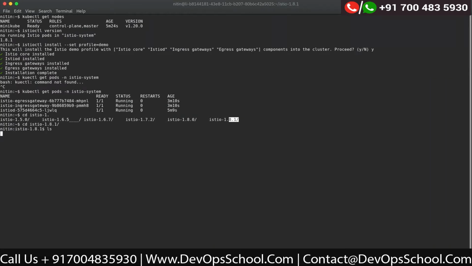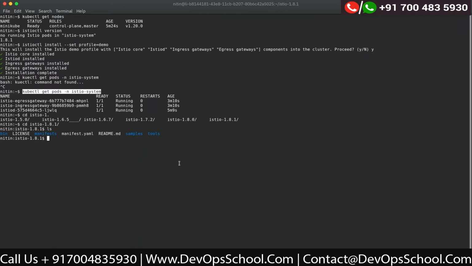These will be the directories under it. There will be a bin folder, manifest, samples. Under samples, you will find all the add-ons plus some examples. Under manifests, you will find the Helm charts and the profiles for istioctl. And in bin, you have the single istioctl binary. Okay. Fine. So now we can see that our pods are up and running in Istio system.